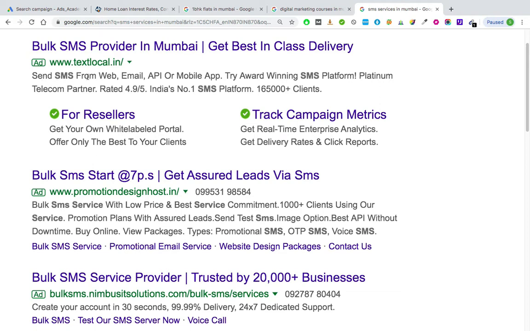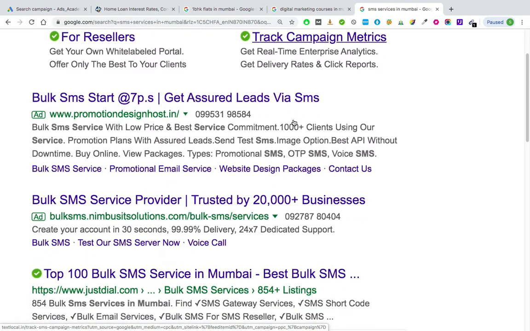Okay. Any clickable entity apart from this is called a site link extension. So can you see this link for resellers, track campaign metrics, blue colored entities? These are called site links. Look at this ad.